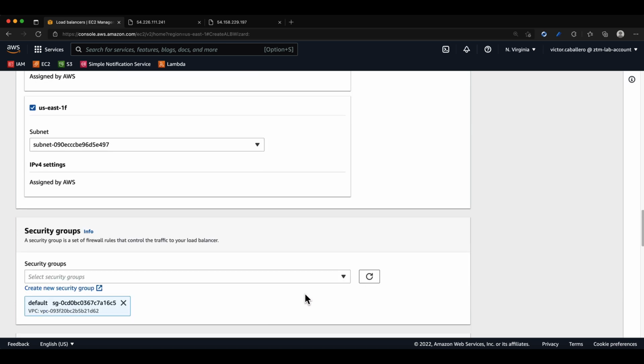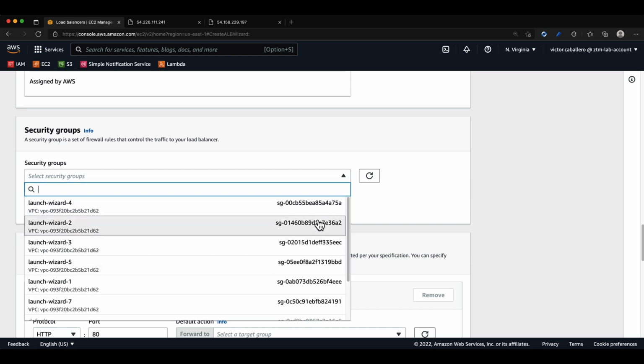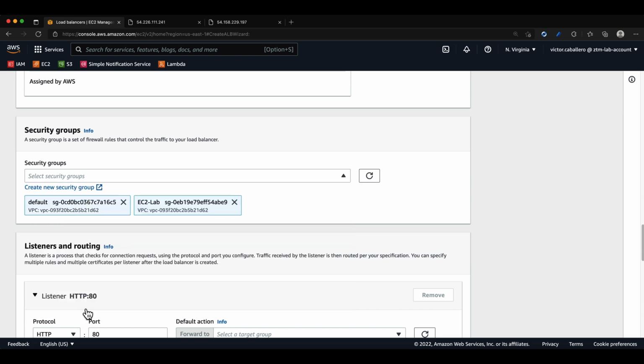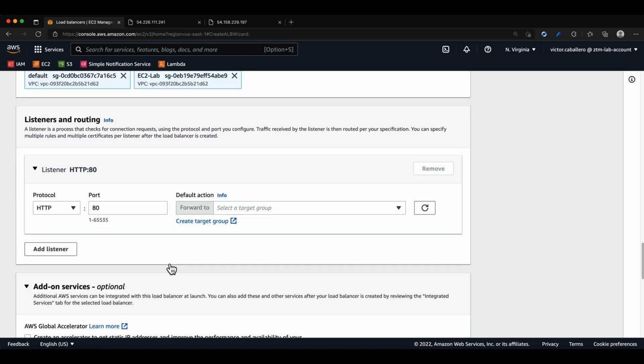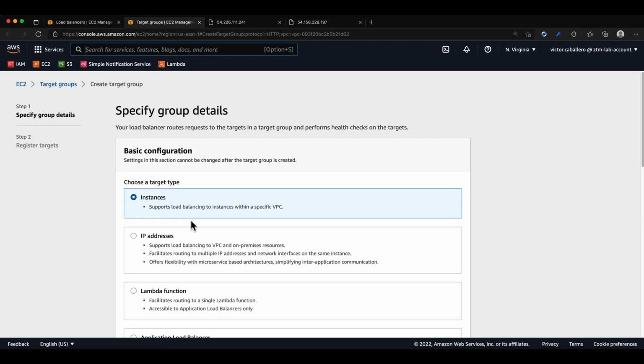Under security groups, I will also add in our EC2-Lab security group. And if we scroll down a bit, under listeners and routing, we can leave the protocol as HTTP with port 80. But we need to define a target group. So we can click on Create Target Group since we haven't created one yet, and this should open up a